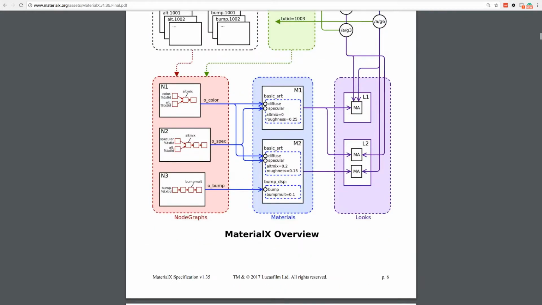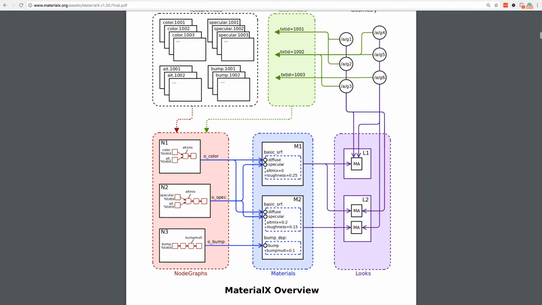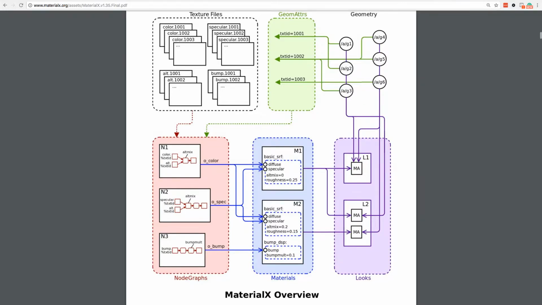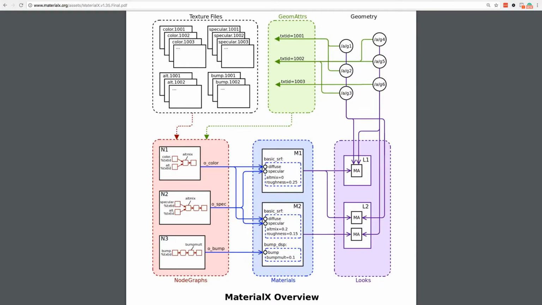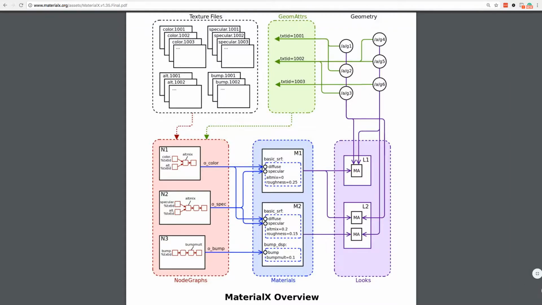But one of the first things I did was look at this diagram. It explains very nicely what Material X does and how it's structured. On this top part, we have textures. Those textures are fed into a node graph, and a node graph is a collection of small node operators that manipulate this data in one way or another.